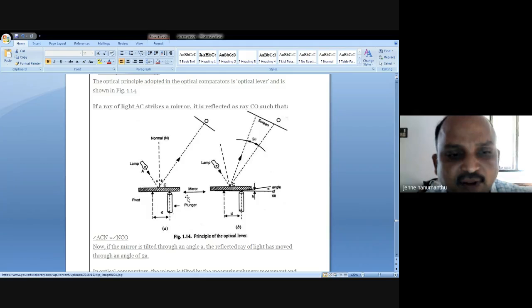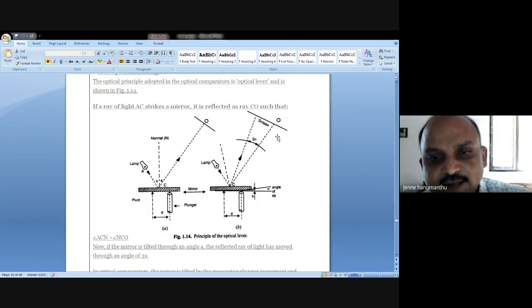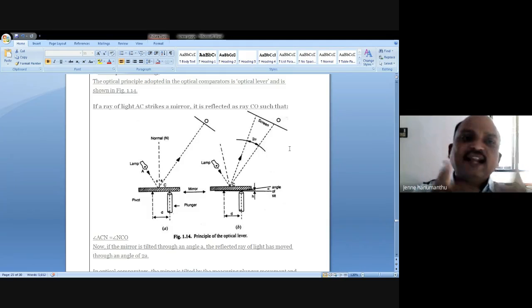But if the plunger detects any deviations, any inclination, say for example some deviation alpha, what happens? When the light falls on the mirror, the light should go like this, at some angle on the screen. But see, it provides some other angle. So we are detecting this reflected light like this. The detected light rays may be at different angles. So the angle is going to be modified.